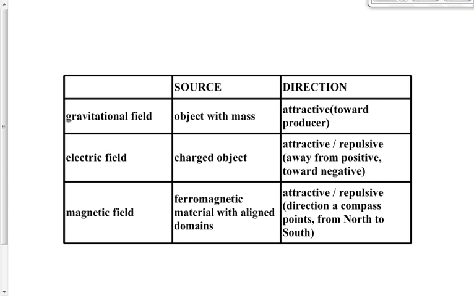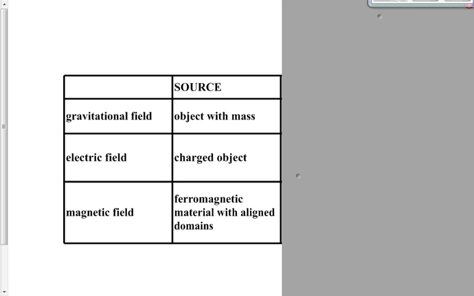Okay, I do want you to copy down this. This is a comparison of the three fields that we've done to this point. Gravitational field, which we focused on earlier this year and really did last year. Electric fields, which of course is new this year, and magnetic fields. The source of a gravitational field is something with mass, something heavy. You produce a gravitational field, albeit not a very big one. The Earth produces a really big one because it's heavy. The source of an electric field is a charged object, positive or negative charge. So you've got one kind of producer for a gravitational field, and two kinds of producers for electric fields, positive or negative. In a magnetic field,